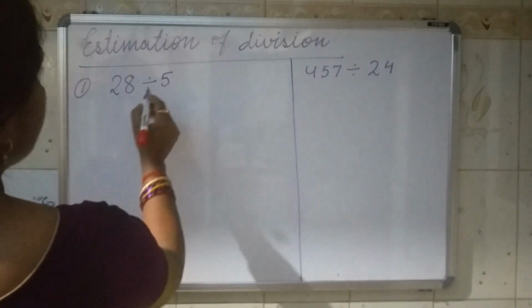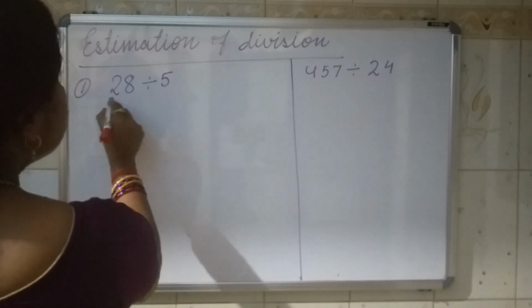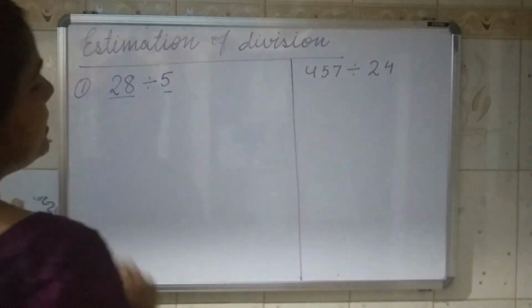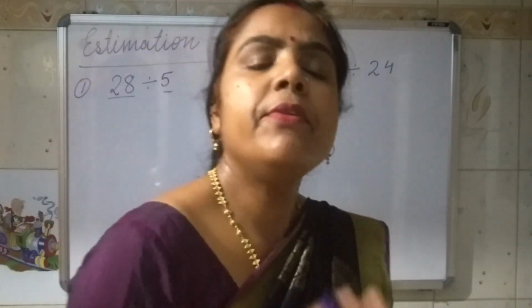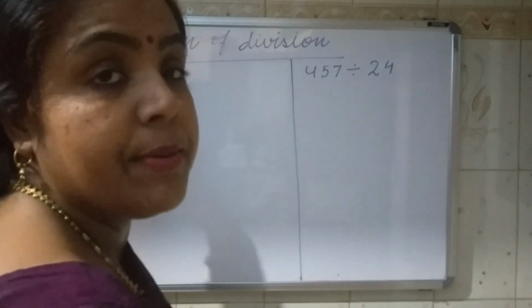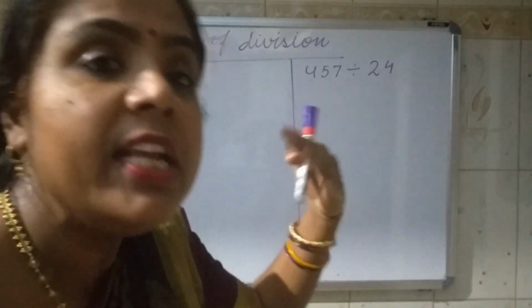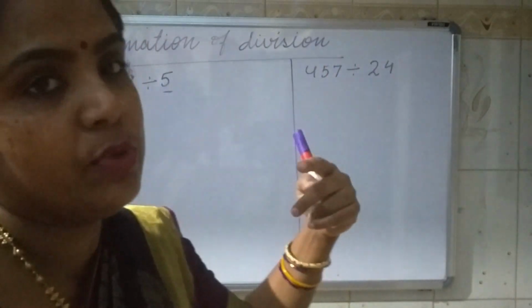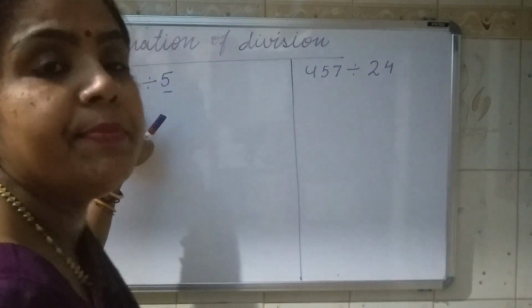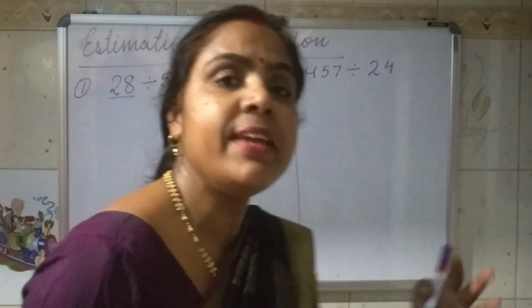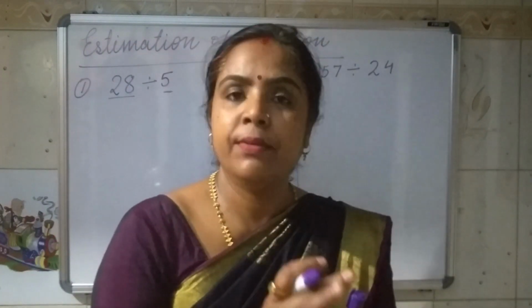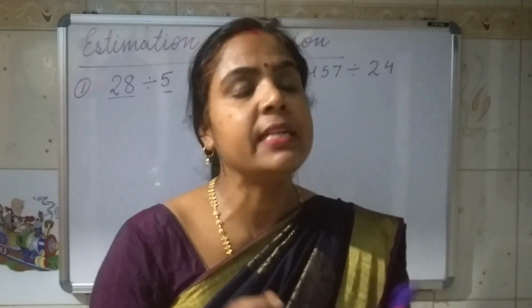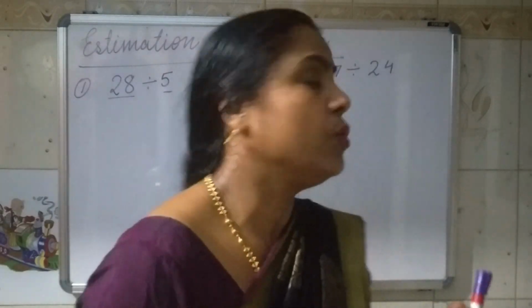In this case what we have to do, this is the 2-digit number and this is the 1-digit number. Please remember, when it is a 1-digit number we will not estimate it, we will only go for the estimation of the 2-digit number, meaning rounding of the 2-digit number or more than 2-digit number. So it is a 2-digit number, it means nearest tens we have to go. Already we have read about the estimation in the first chapter, addition, subtraction, and the second, multiplication also. Now this is the third one.